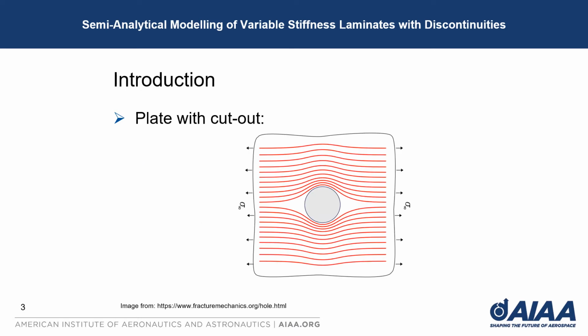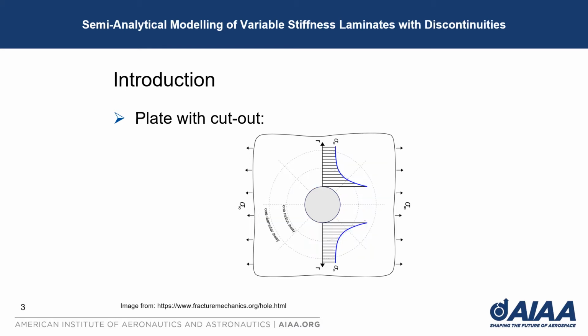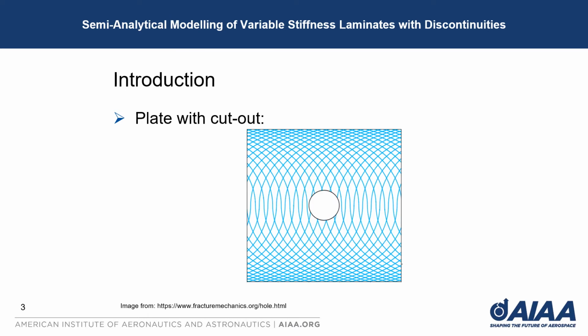Take for instance the isotropic plate with a cutout. We know the stresses flow around the cutout, yielding stress concentrations near the cutout edge. But how do these stress concentrations change if we have, for instance, a variable stiffness laminate with the fiber pattern shown on the screen? This is a prime example of the complexity of design and analysis where usually large finite